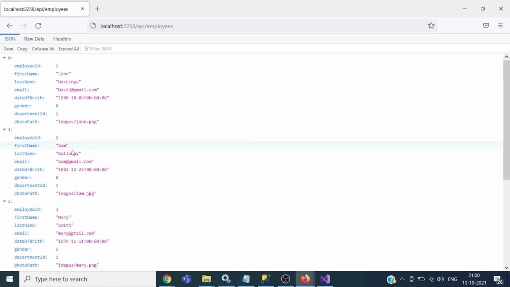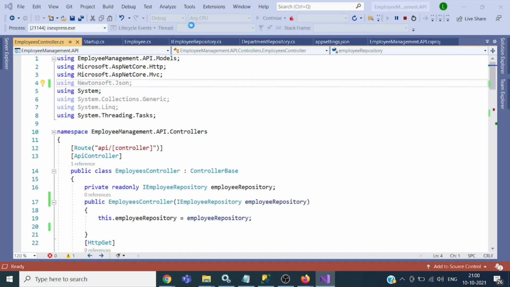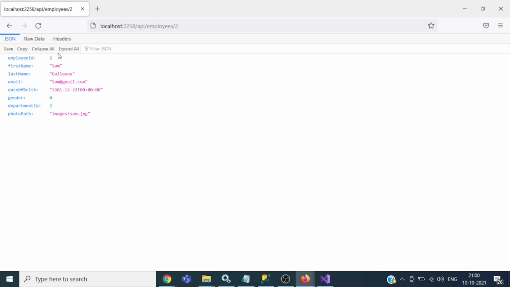Now we can get the details of a specific employee, like the employee with ID 2. So this is the detail for the employee with employee ID 2.